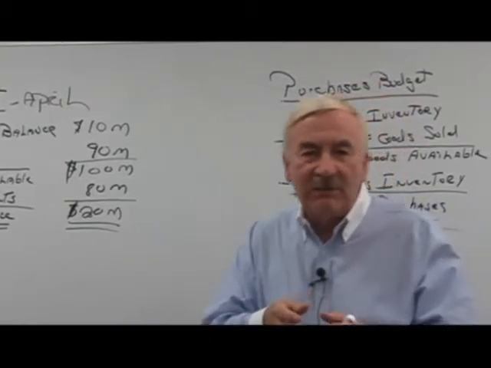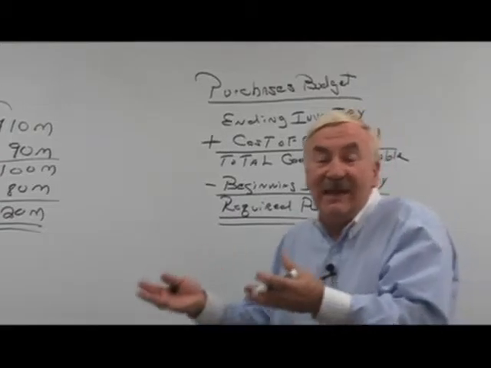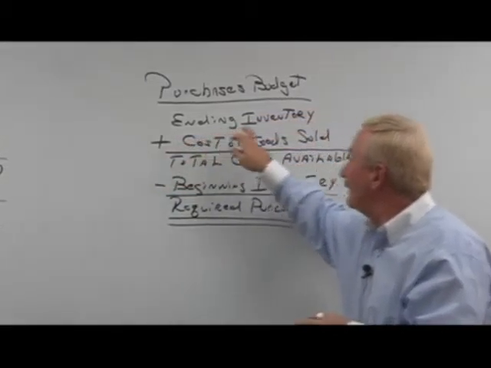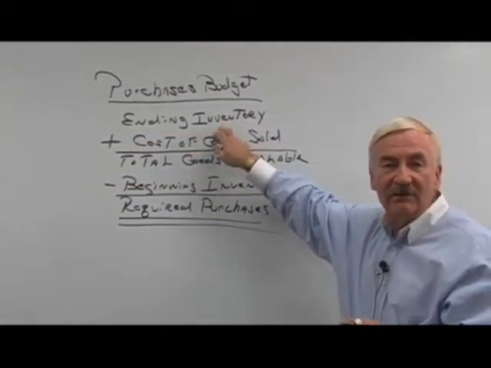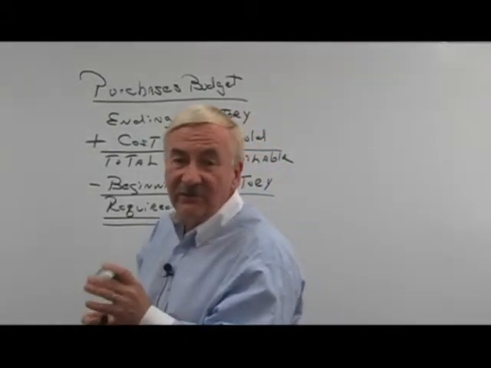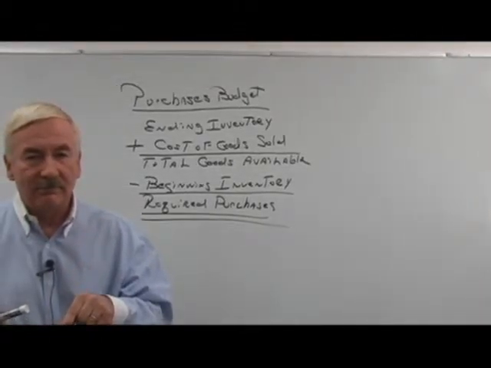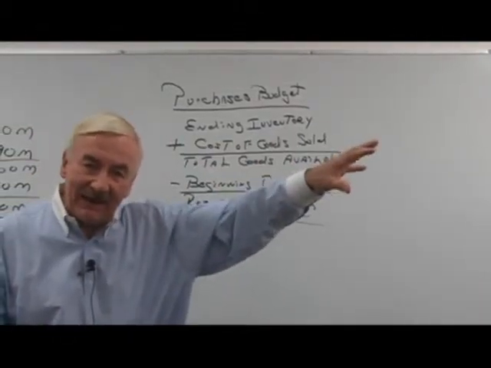So, in a purchases budget, we actually take a backwards approach. Instead of starting off with a beginning balance, we're going to start off with the ending inventory that we expect to have at the end of the month. This is a critical number. The reason it's a critical number is the ending balance for one month automatically becomes the beginning balance for the